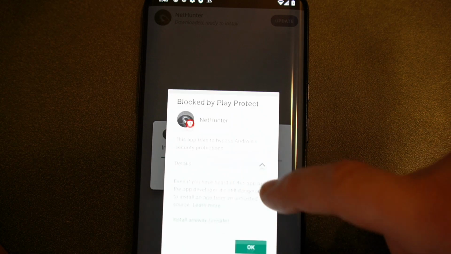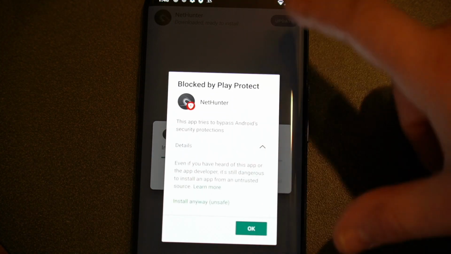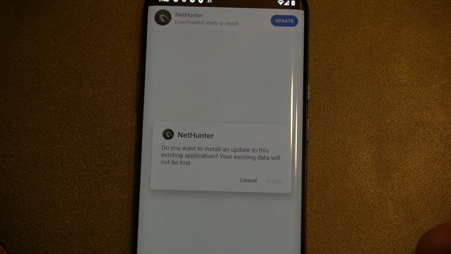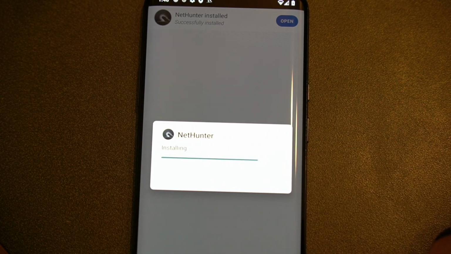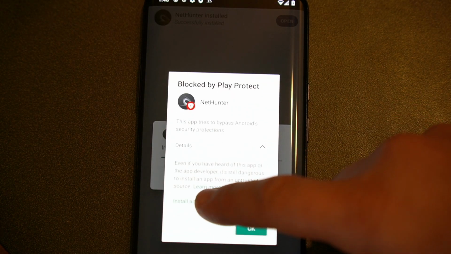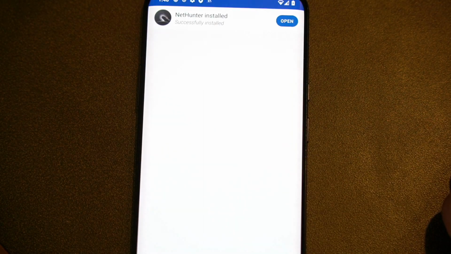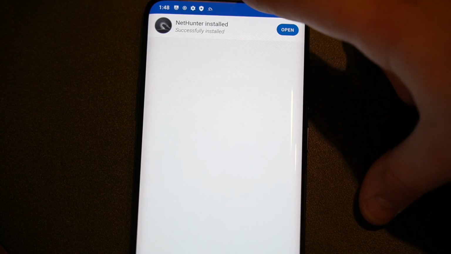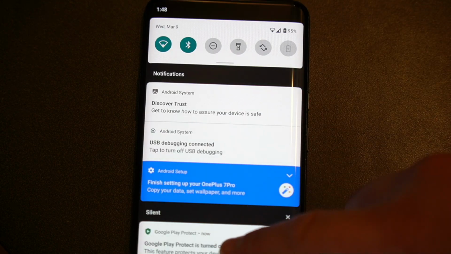Oh, this is what can happen if you install Play Store. Install anyways. Install. Same thing. Install anyways. There we go. So that's updated. That does remind me, though, it's not a bad idea to turn off that Play Protect, which